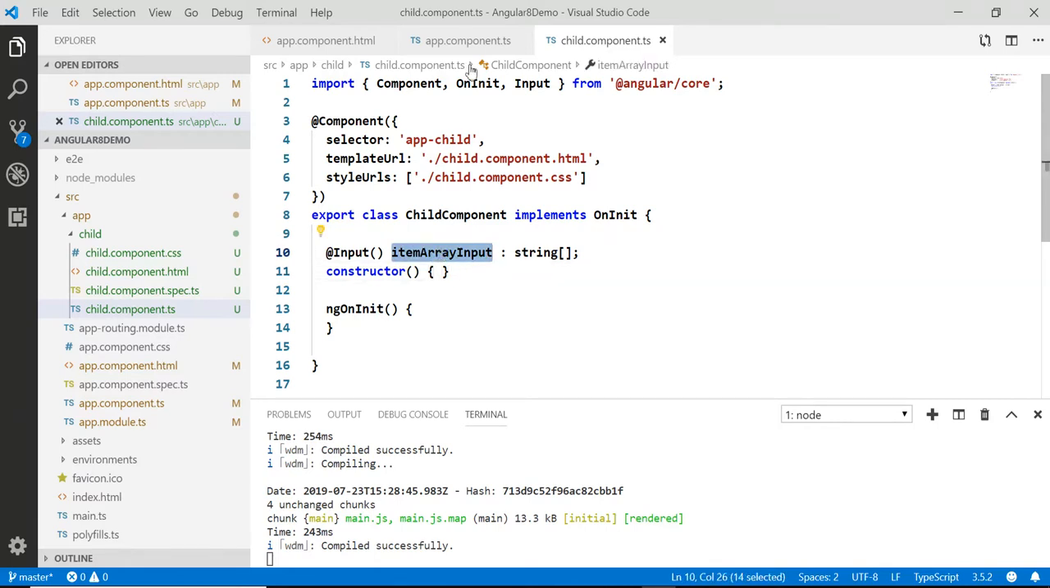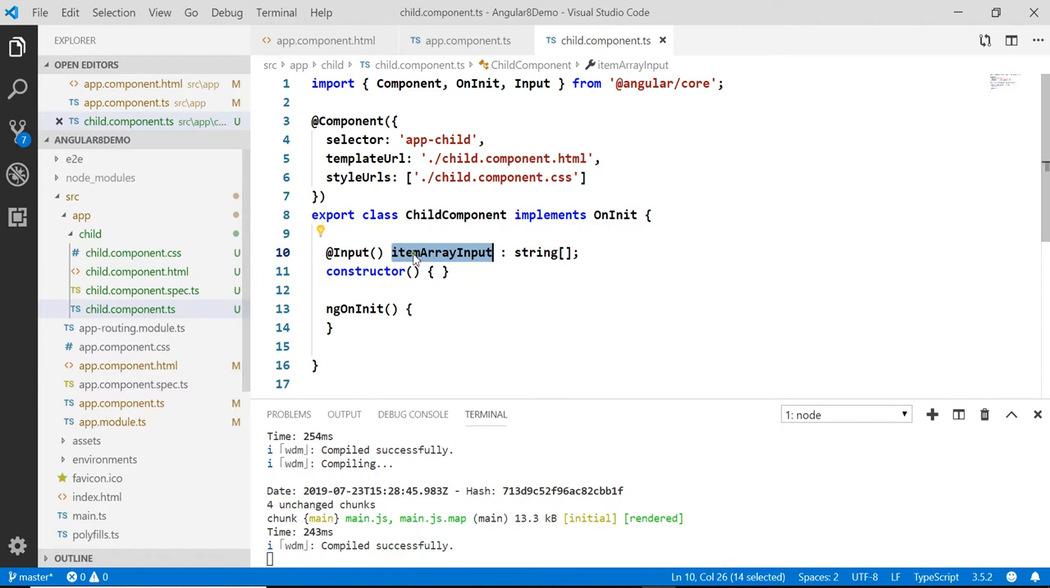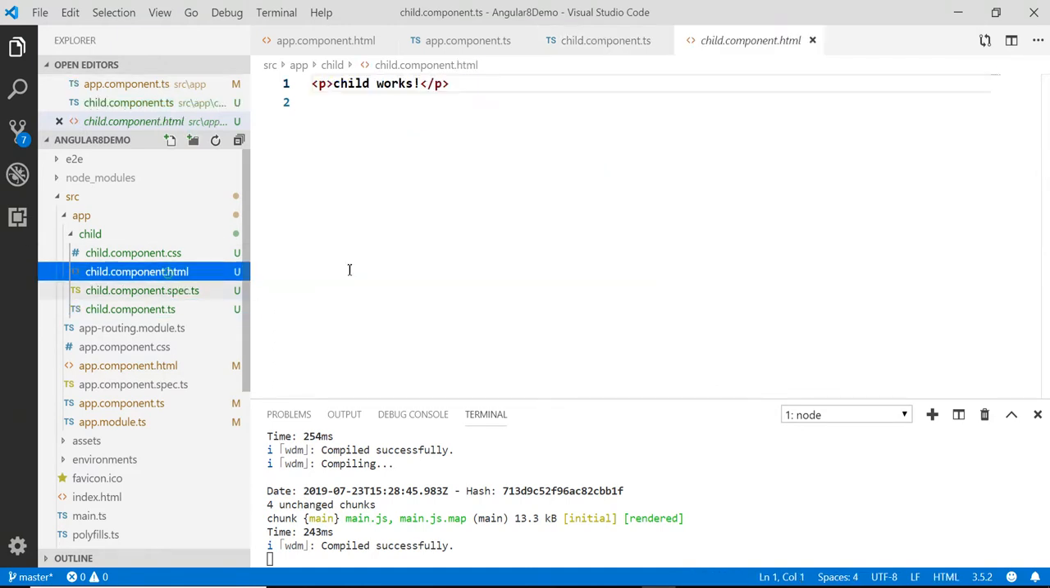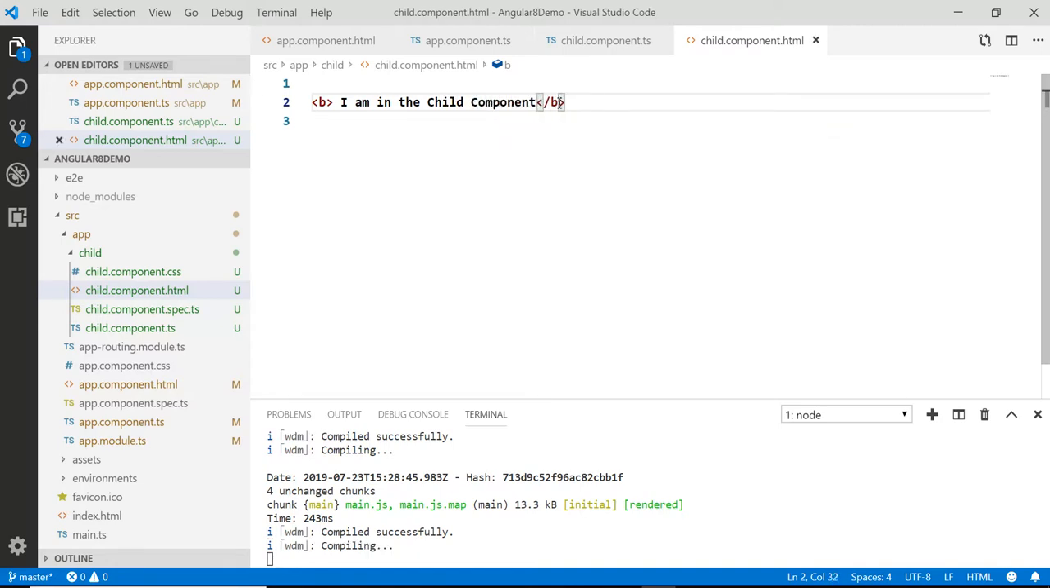Now once you are doing that, because this is the attribute binding and you are passing this value from that app component, it's assigned that value. So this one I'm going to display in the child component. So open that child component.html. Here, in bold: I am in the child component. Child component. Okay,